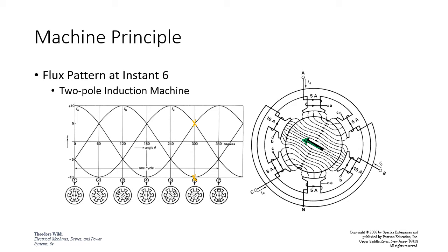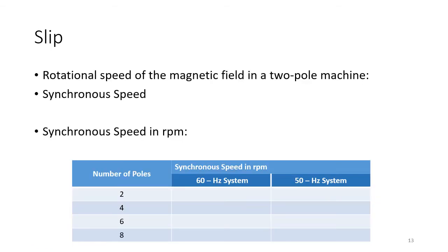So we just discussed the principle of induction motors, and I told you that in most cases, let's say 95% of the cases, we never reach that speed of the rotating field. The rotor is slightly shy of that speed. For that, we introduce a new concept that we call slip, and new parameters. But before that, let's remind ourselves. We said the magnetic field revolves once in a two-pole machine for each cycle of the current. So in a two-pole machine, please take care, just for a two-pole machine, the speed is